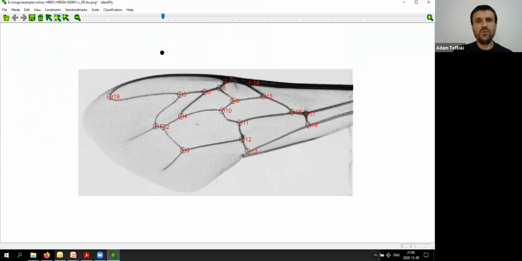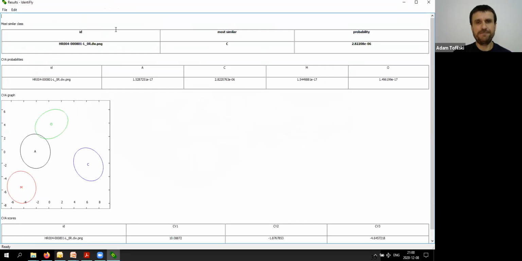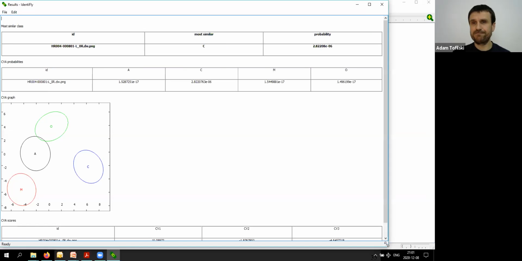So now you don't see change, but now I will classify. When I use classify, only one wing will be classified. And in this case, the result is... I'm not sure if you see this, because in my case it's hidden behind the images. You see that this single wing was classified as lineage C,